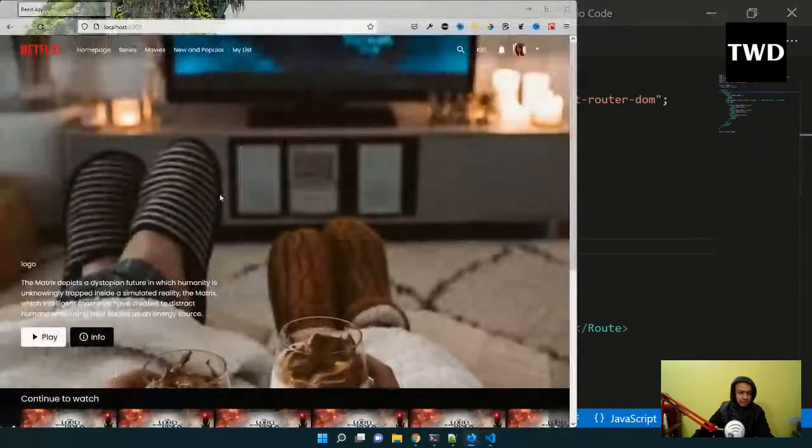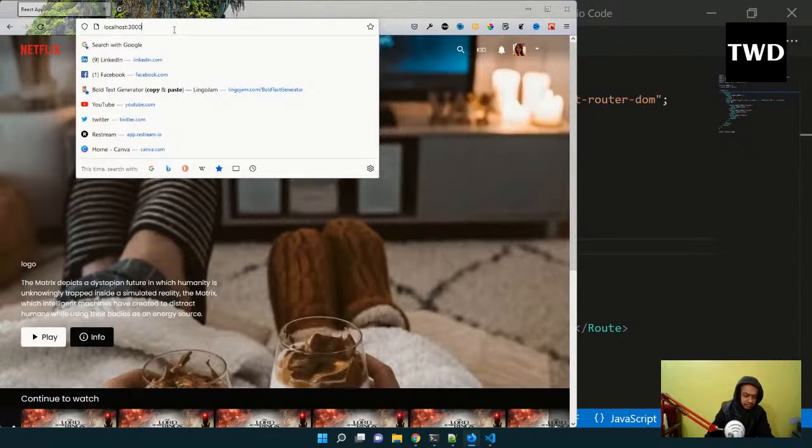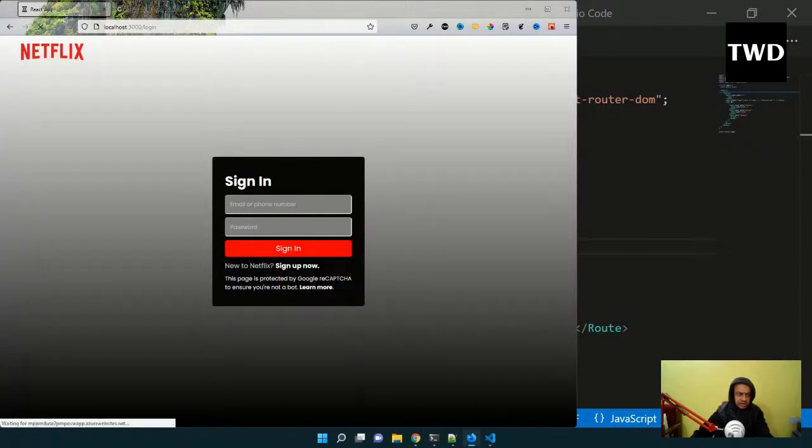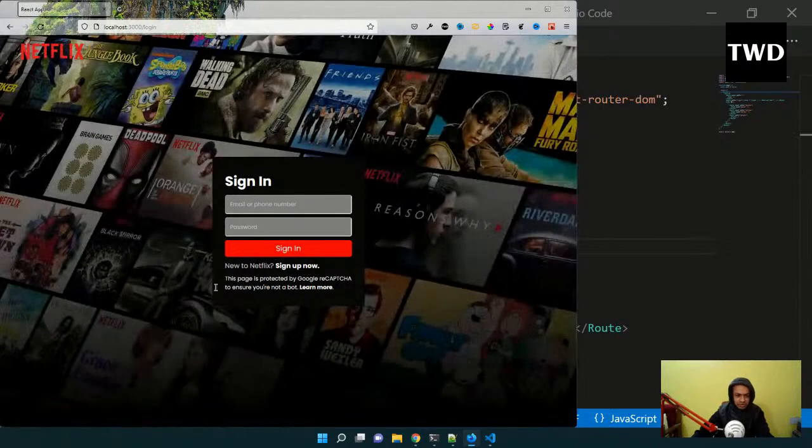Okay, I have to manually do it. Slash login I'll do. See, it is showing like this, slash login, just like the Netflix login. Anyways, we had just now made it false actually, so that is why it is not showing. Okay, we are going to fix it in the next